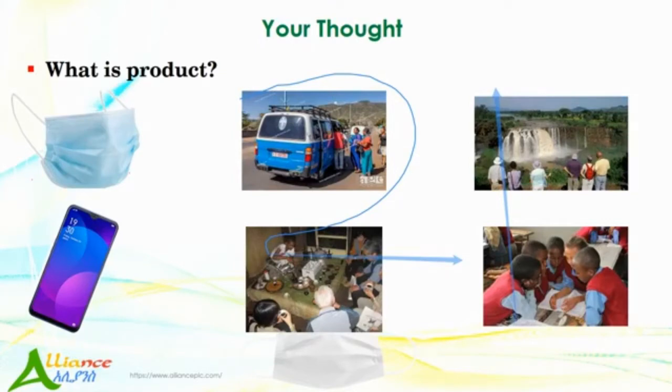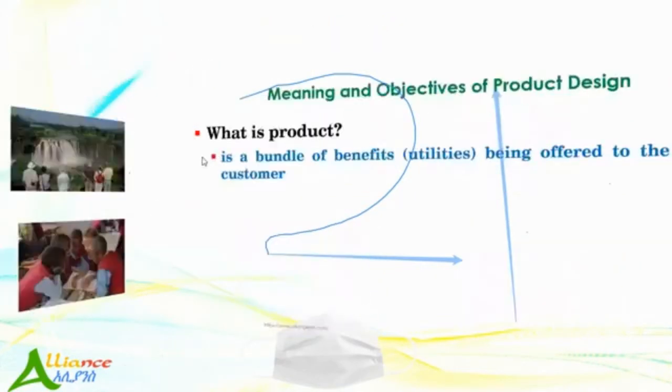So we buy products for their benefits. For example, here you have a mask, and you know its benefit now at this time. The cell phone has more than 100 benefits that you can consume. And here is a taxi. We call it taxi service, and the benefit that we get from a taxi is that we move from one place to another. That's the benefit, and we buy that benefit. And there is also tourism, coffee ceremony or cafeteria, and education. Each product has its own benefit, and we are going to produce that benefit.